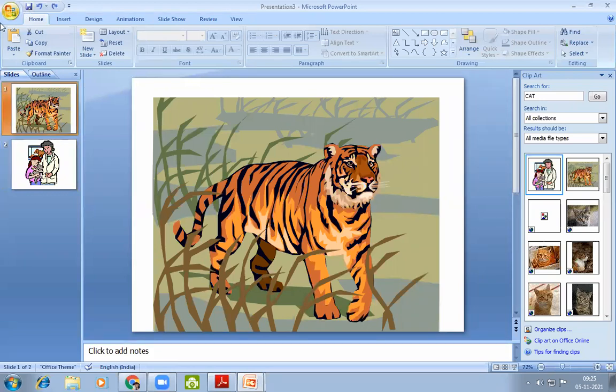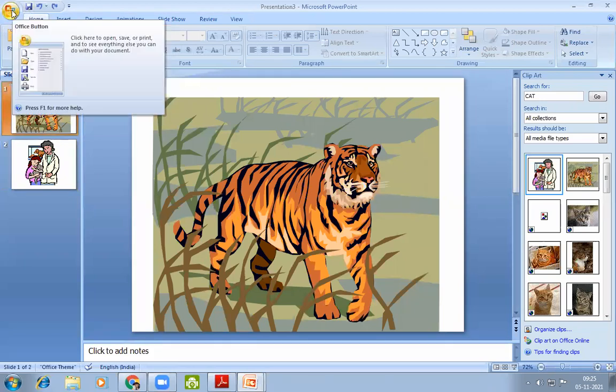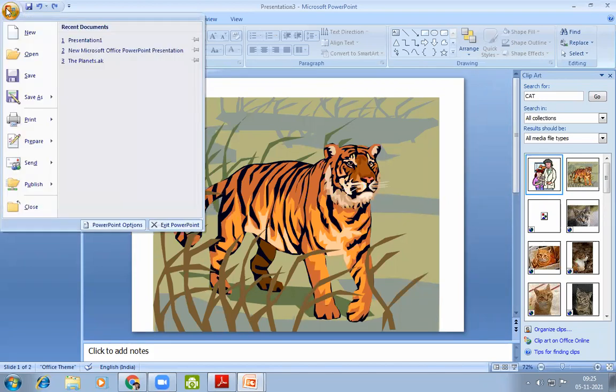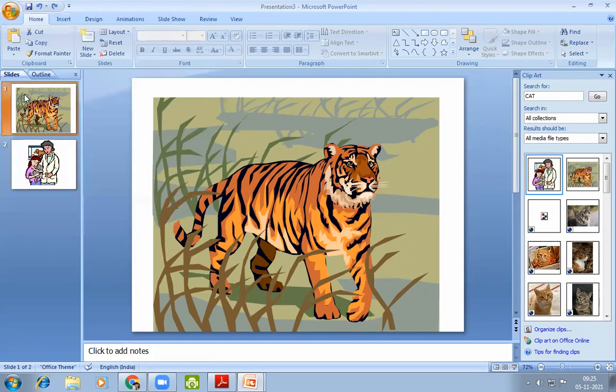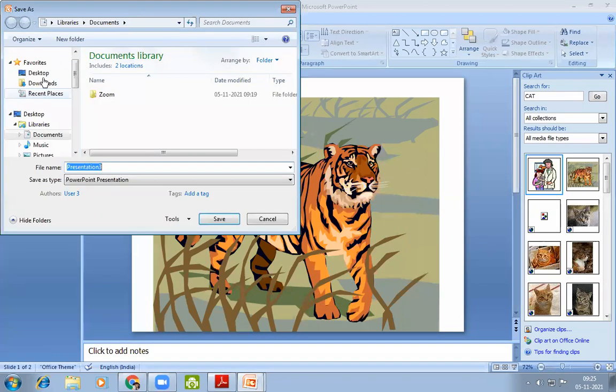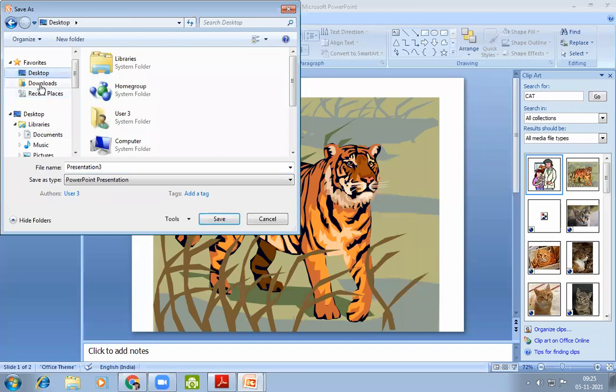So how am I going to save this? First, select the File tab. Then the Save As option here. Click it. Now we have to choose the location where we are going to save it. We have to browse the location.